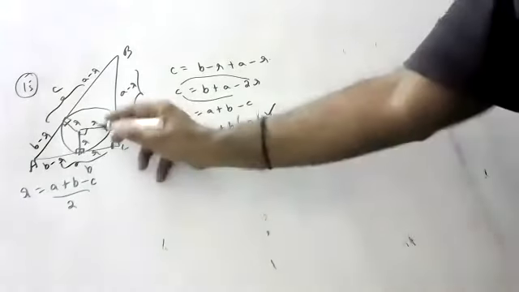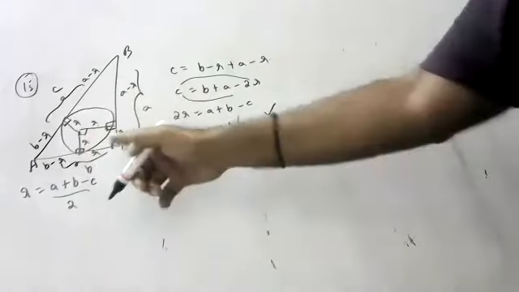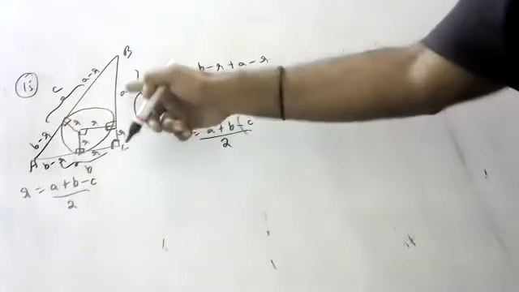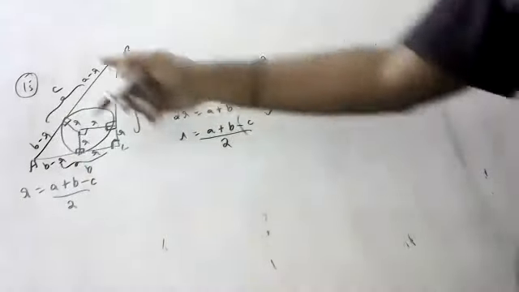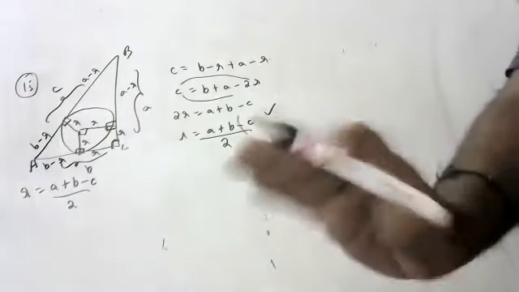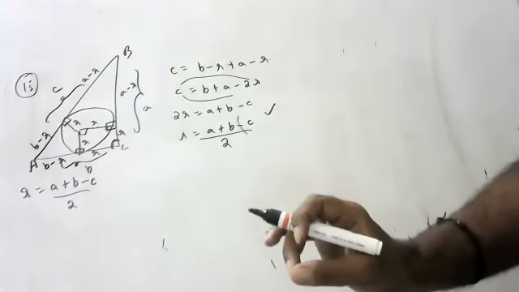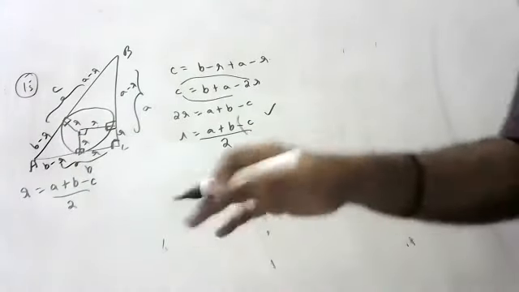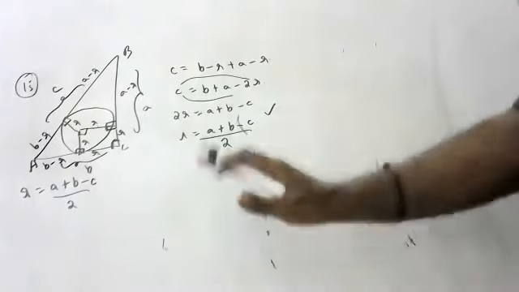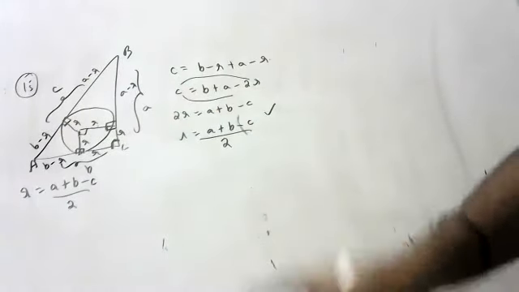Everything is here, on each other. If you know this is R, because all are 90, the square or rectangle opposite sides are equal. This I wrote B minus R, this I wrote B minus R. And C is equal to B minus R plus A minus R. Don't see different books, children. They will give very big letters. Don't follow the letters, children. This is the best method. Because they will say use Heron's formula, use Pythagoras theorem, that big number will do. This is the best method. C is equal to this plus this. I got the answer. Hope you all understood, children.